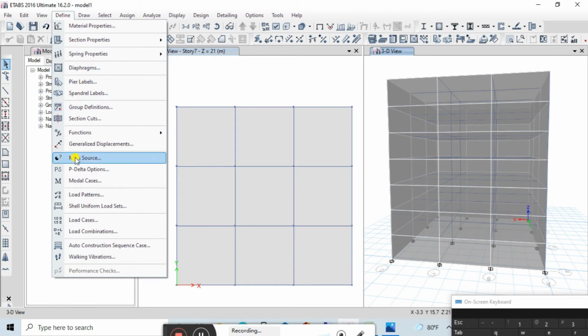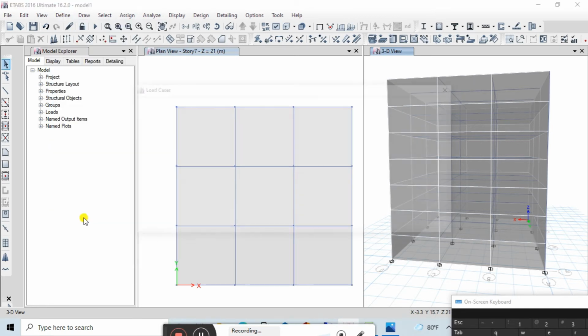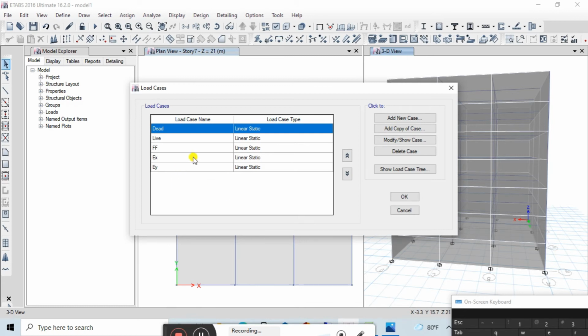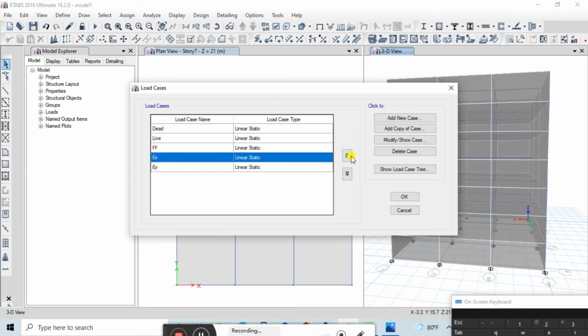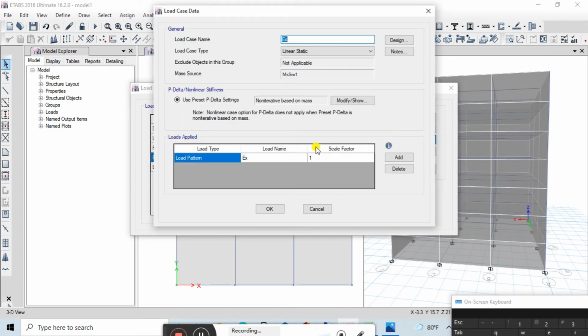Under the define option, again go to load cases. Now here we can see all the loads available, EX and EY, which we have defined just now. Under this EX, you can go to modify show case. Under this, you can name it as EX itself, keep it the same. And for the load case type, we can select response spectrum from here.